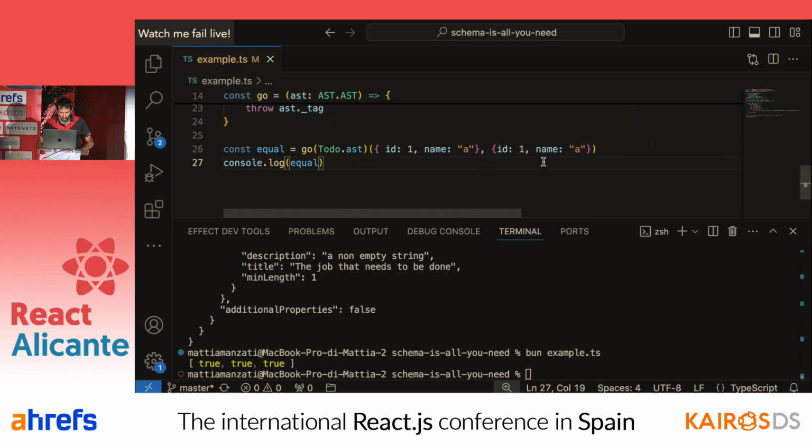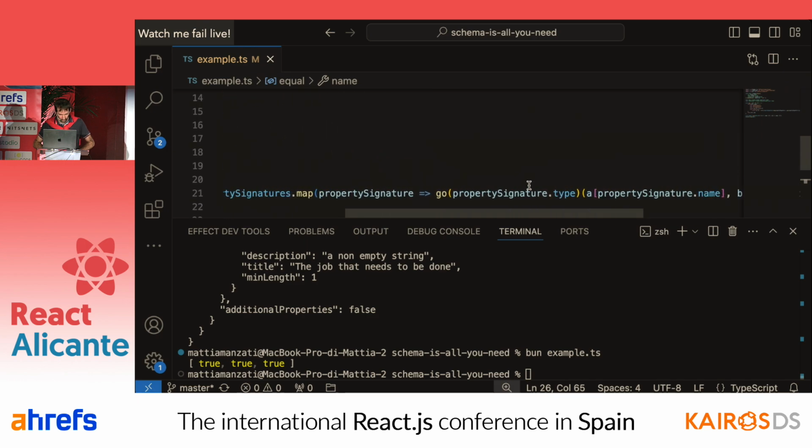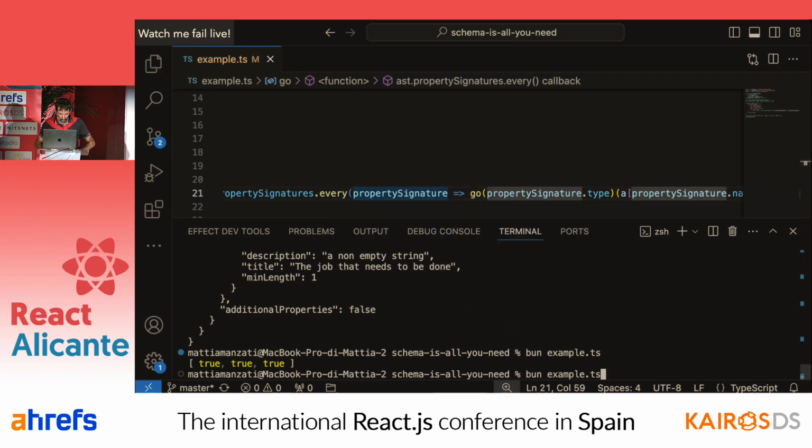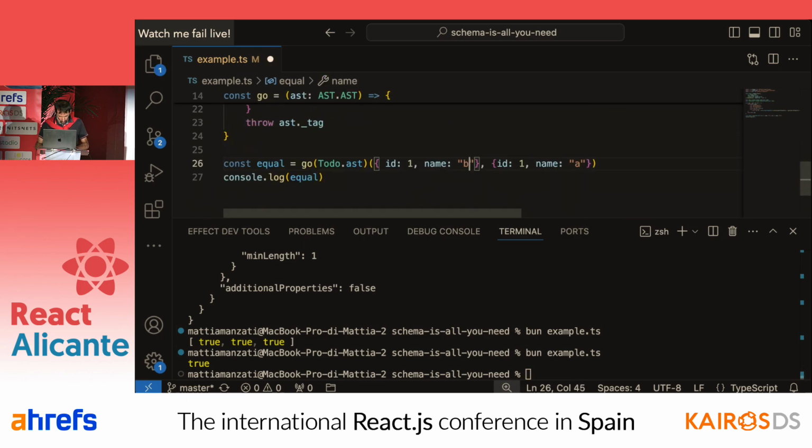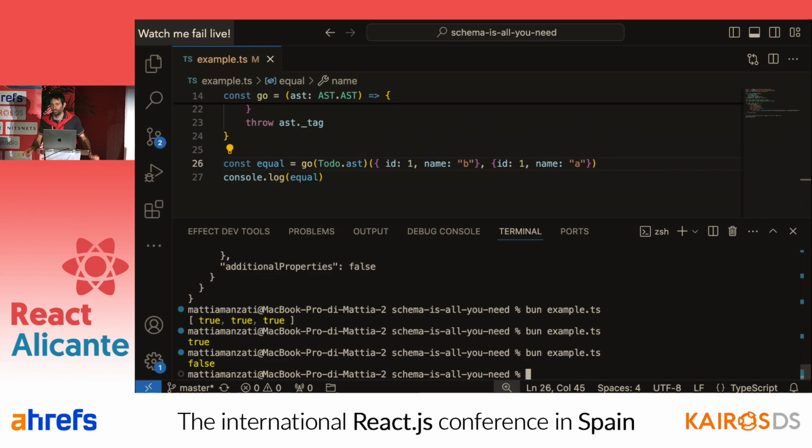That's fine. That's because I used map here, but instead of saying map, I need to say every. If every one of those checks passes, then it's true. If we change something, drum roll please, it's false. So we successfully wrote our first schema interpreter.